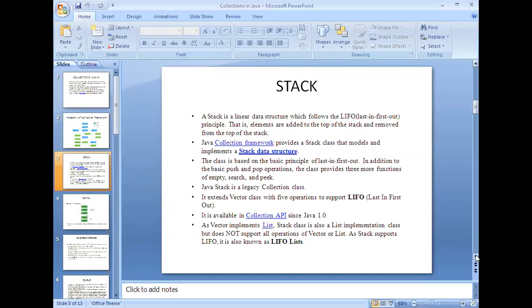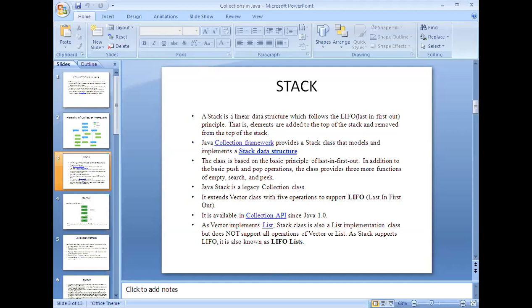The Java collection framework provides a stack class that models and implements the stack data structure. It provides a set of methods meant for adding, searching, deletion, and finding an element. Several methods are available in the stack class through which we can implement the stack functionality, right?